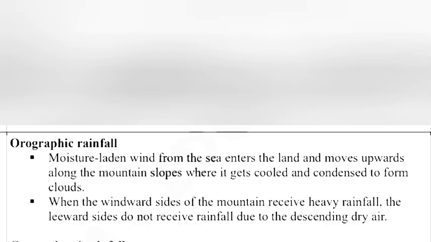19. Compare orographic rain and convectional rain. Answer: Orographic rainfall. Moisture-laden wind from the sea enters the land and moves upward along the mountain slopes where it gets cooled and condensed to form clouds. When the windward sides of the mountain receive heavy rainfall, the leeward sides do not receive rainfall due to descending